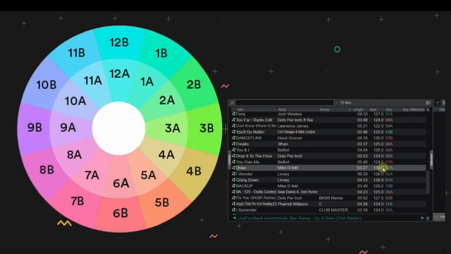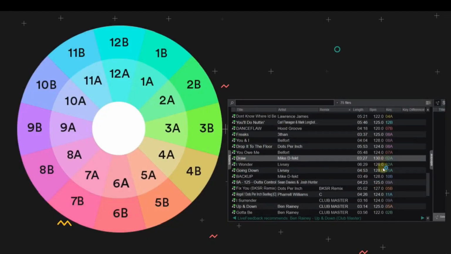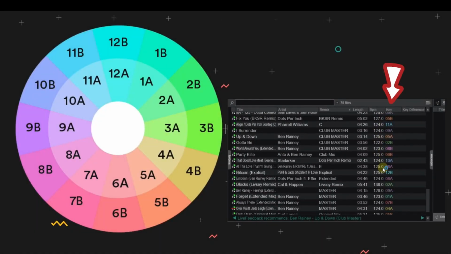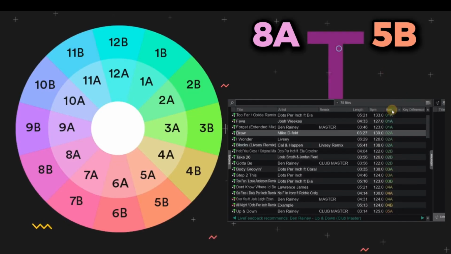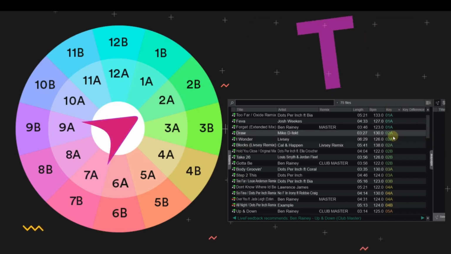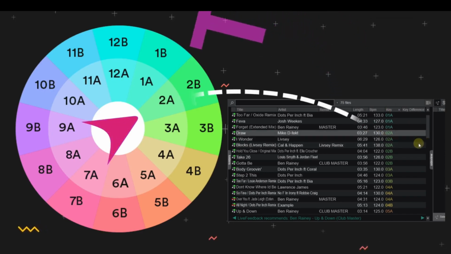This is the Camelot wheel, your cheat code for flawless transitions. And here's how it works. Each key has a code like 8A or 5B. If you want to mix in key, just imagine a T sign. For example, if your current song has a key of 2A, then you can mix a track that has a